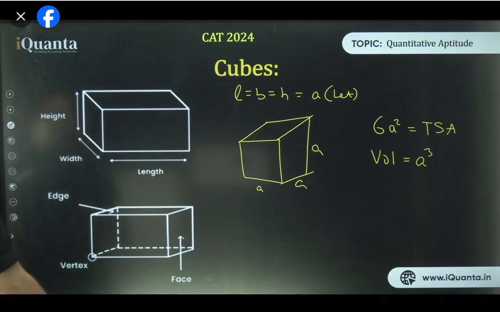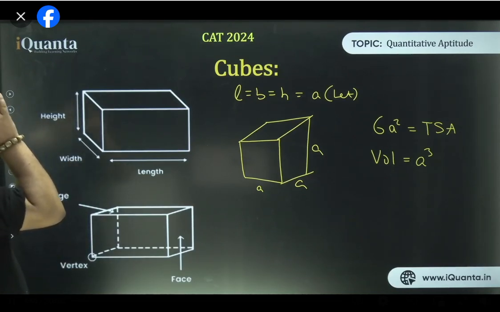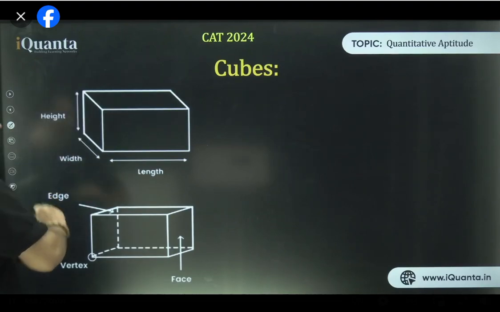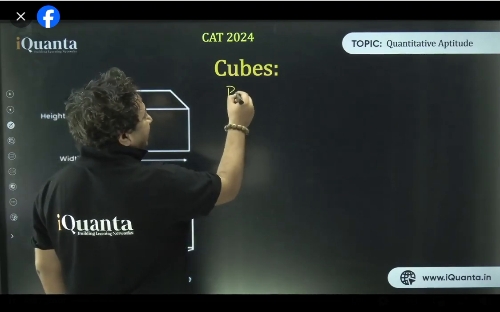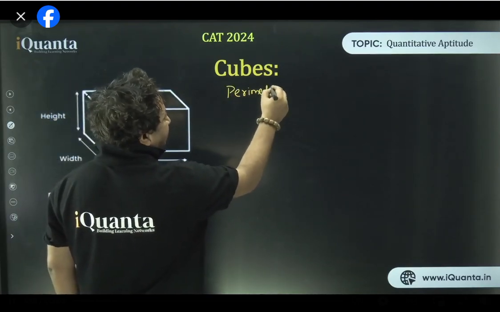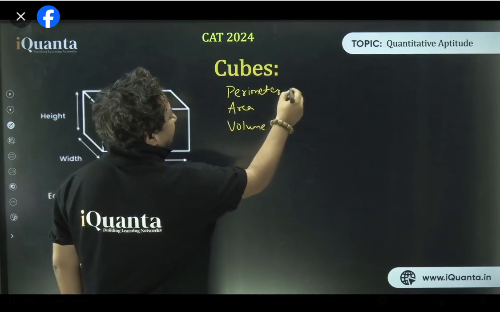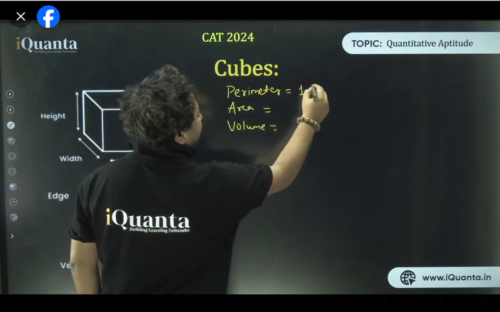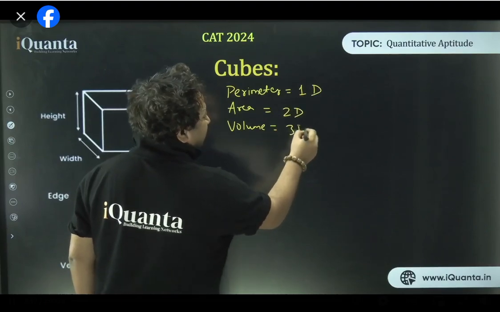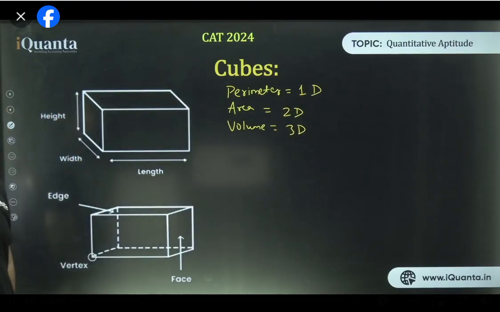So basically, I want to tell you something, that what happens when we calculate the area. Okay, Arti. So when we calculate the surface area, see, we do 3 things actually. One, we calculate perimeter, right? Second is area, and third is volume. So you must understand this simple mathematical concept. Perimeter is always in 1 dimension, area is in 2 dimensions, volume is in 3 dimensions. Okay, so when we discuss 2-dimensional figures, we talk about perimeters and areas. When we discuss 3-dimensional figures, we discuss area as well as volume.